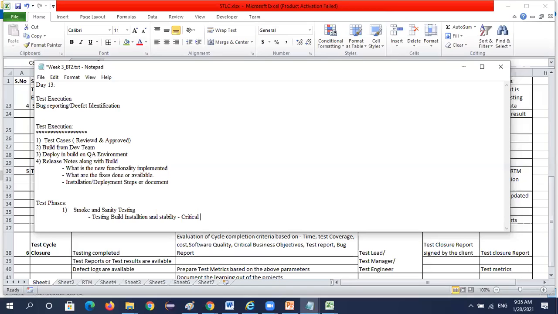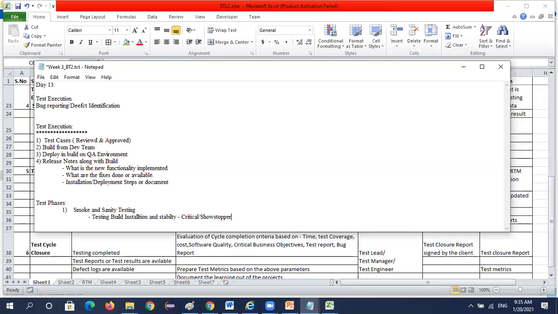If the installation fails, that is a very serious problem. If the application is not stable, or the installation is not done properly, that is a very serious issue. So we can call it a critical one, or a showstopper.